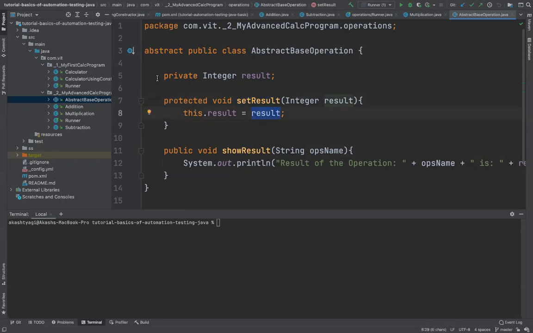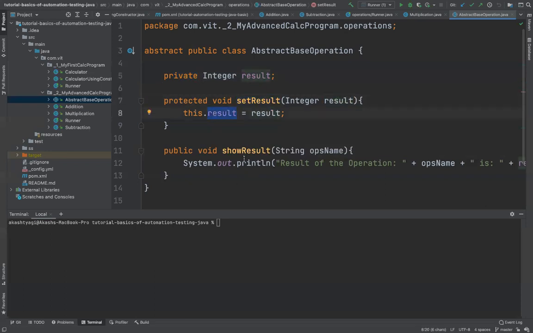Because as I said, the right structure of a class has to be the name of the variable, and it should be private, but there also have to be some methods called getters and setters, which are used to get the value and set the value. That's the usual structure of any class in Java or any other project. So you create a variable, you mark it as private, then you create getters and setters to get the values and set the values. In this case, all I have is set result, where I am passing the result and setting the value.